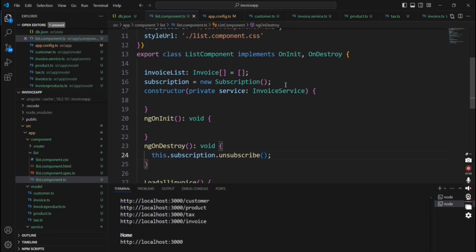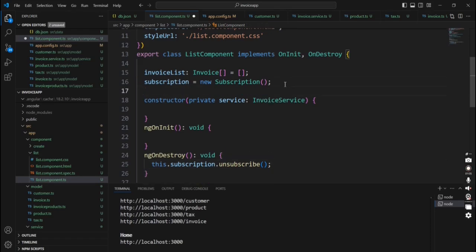Next I am declaring one more variable, that's for defining the columns we are going to display in our listing screen, and the data type is string array, and we can provide the default value. So the first thing is we are going to display the invoice number, so I just provided ID, and name, this is for the customer name, and address, this is for the customer delivery address, and then net total payable. Okay, and finally we can have the action, just for including add and delete. Maybe by default we can include add and delete. So in a real-time scenario we may have different options on this action side. Okay,